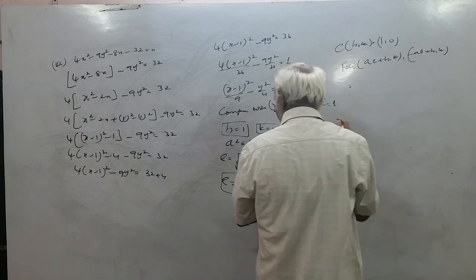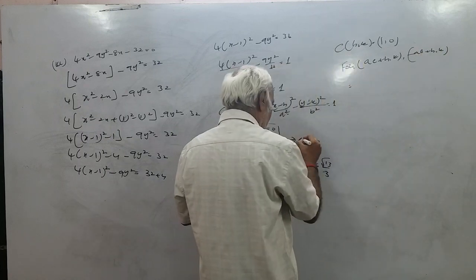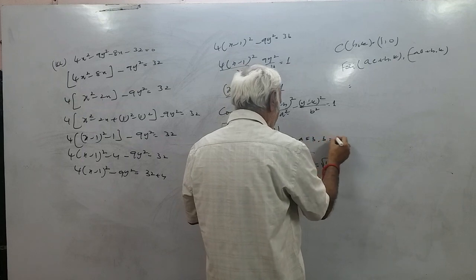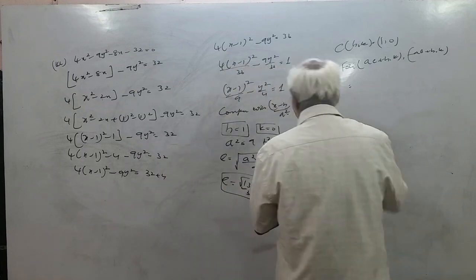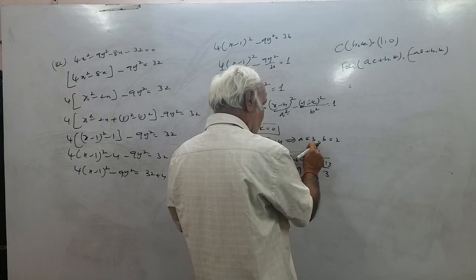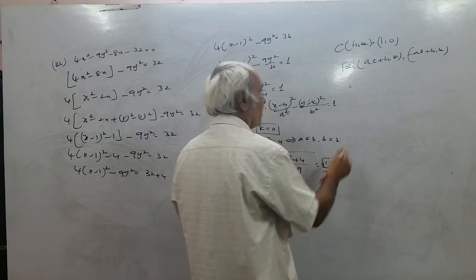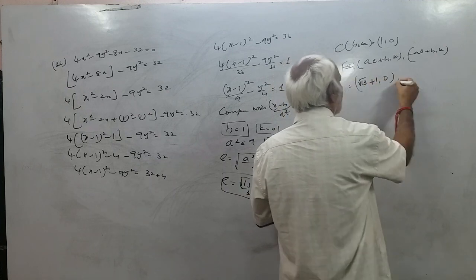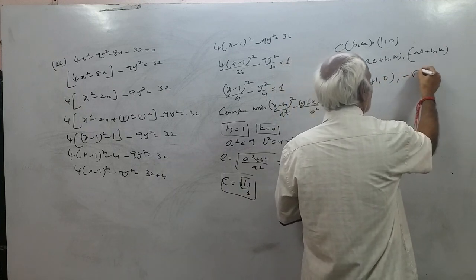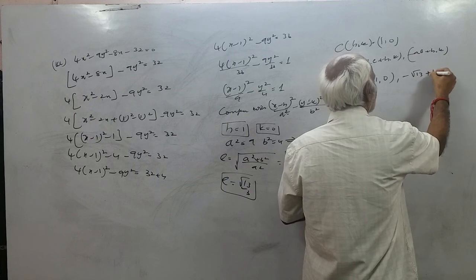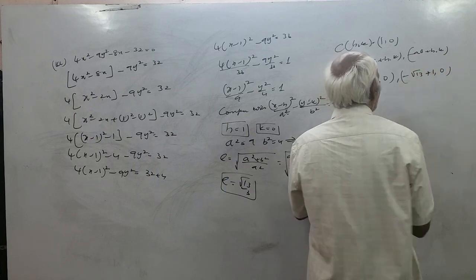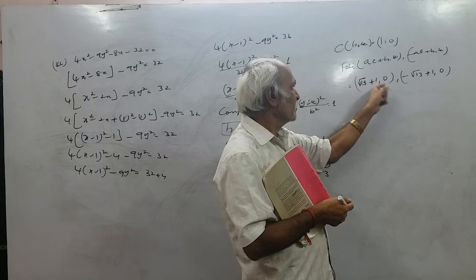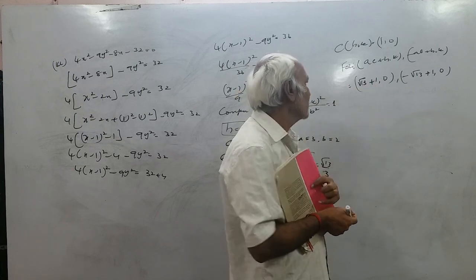So what is the a value? From this, a is equal to 3, b is equal to 2. Put the value. a is 3, so 3 into √13/3 means √13, plus h value 1, k value 0. Okay, minus √13 plus 1, comma 0. The root is there for only 13, it is not there for 1. So √13 + 1. Okay, next,